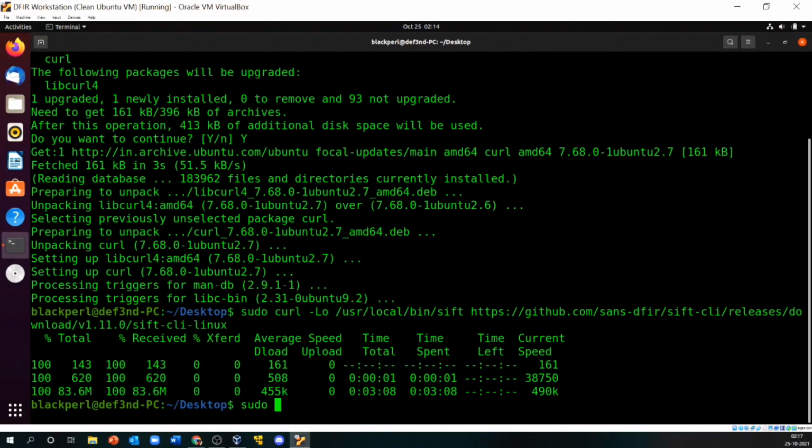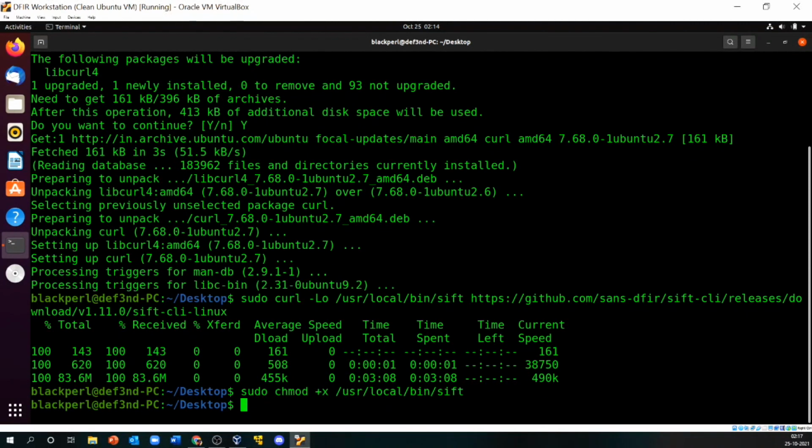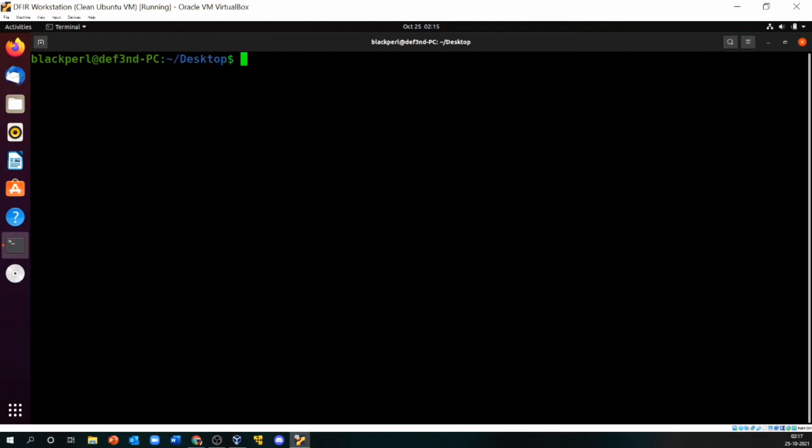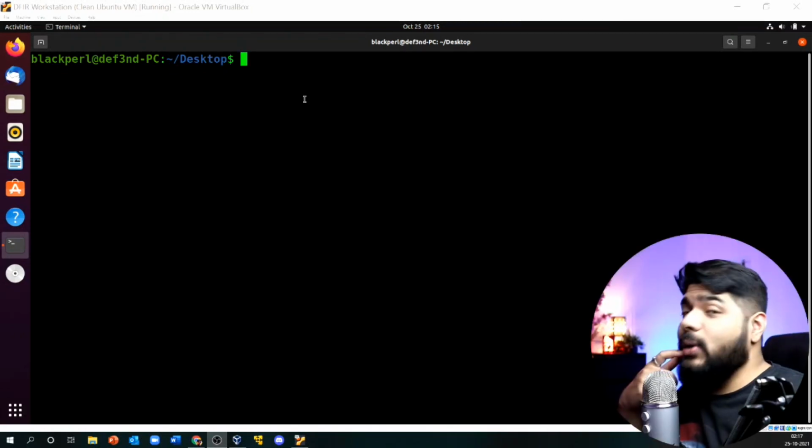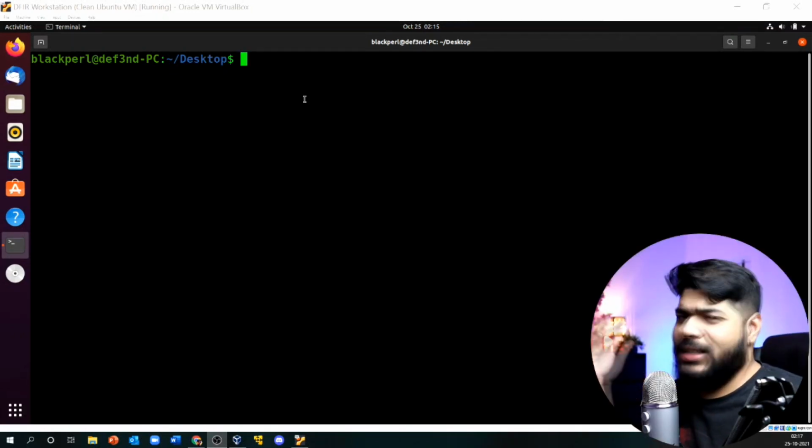At this point we will simply do a sudo and change the executable permission of that particular file. Now let me clear up my screen. The next step is, since the file is inside the bin directory, by calling the file itself you will be able to just run it.